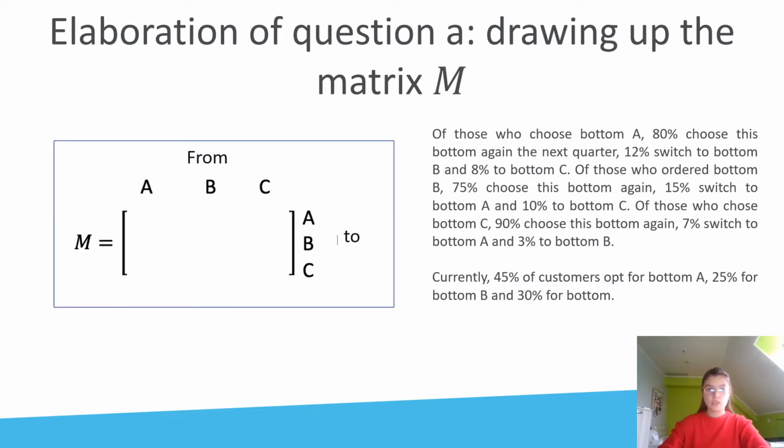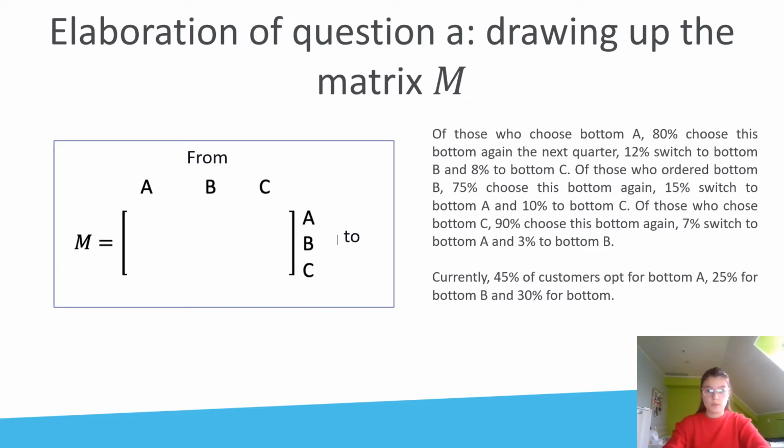The next step is to create the transition matrix. First of all, you need to write "from" above the matrix and "to" next to the matrix. Above the first column, you have to write A. Above the second column, we write B, and above the last column, we write C. Do the same thing, but now with the rows. Take a look at the question. You need to write the data now at the right spot in the matrix. We will go again.